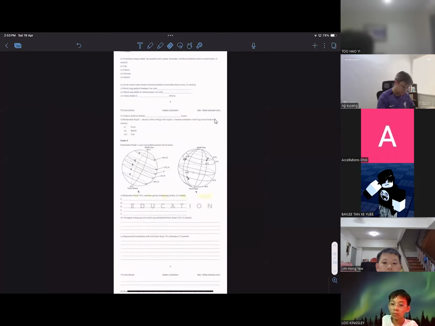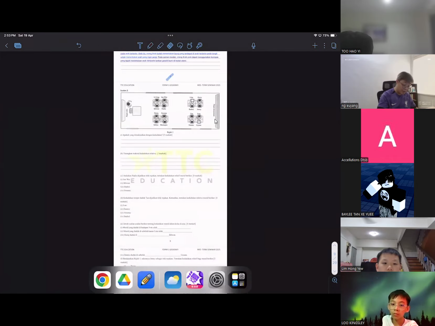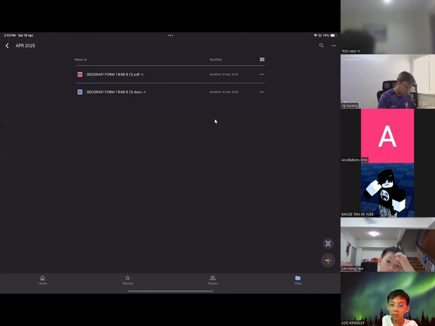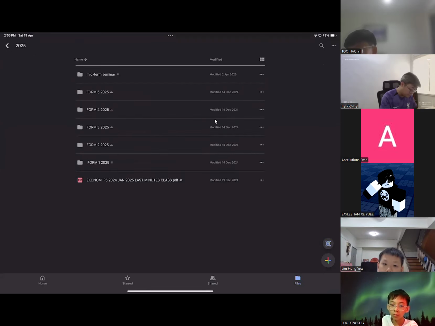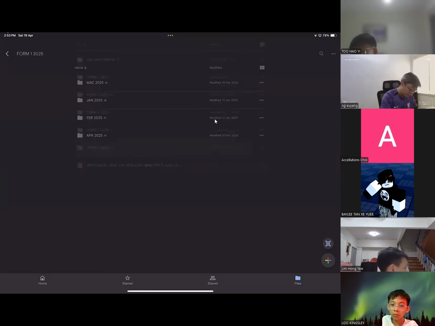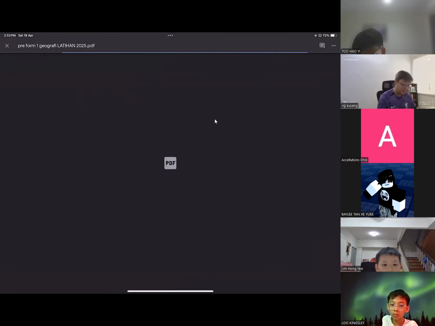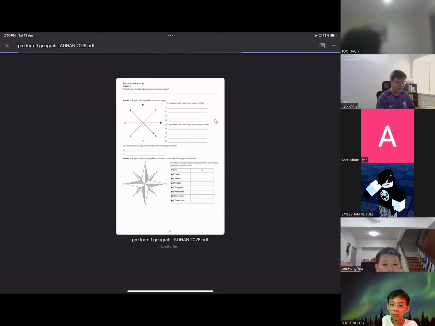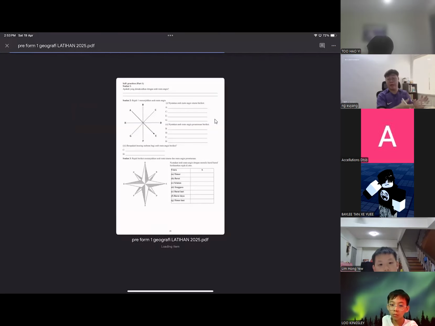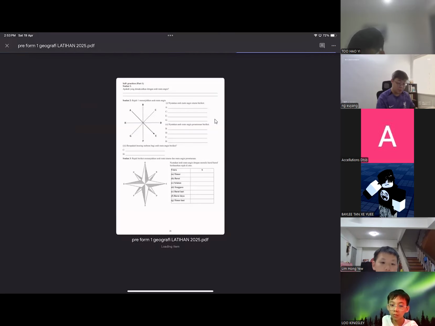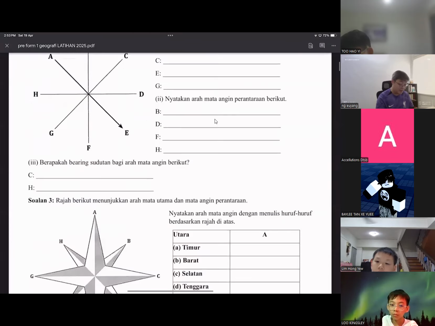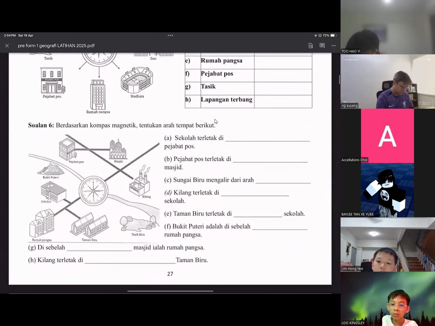Not from here. Yeah, I show from the TDC nota, okay? Just a moment, guys. TDC nota. Okay, form 1, January. So that's the latihan part. According to the kedudukan relative from bangunan, right? We have to find the main entrance so that we can identify the kedudukan relative line.